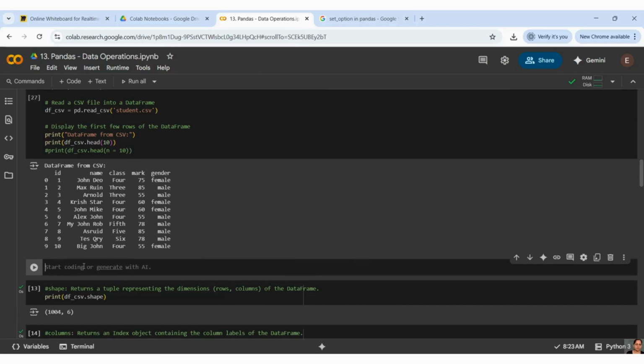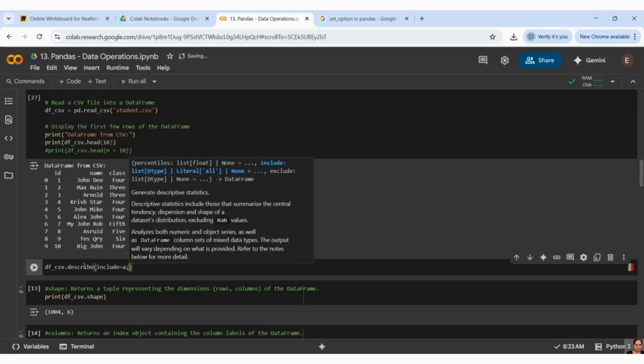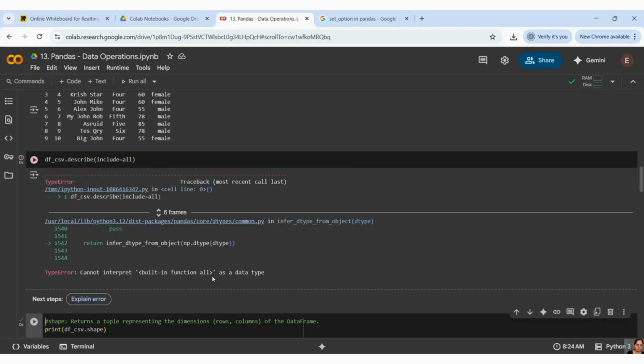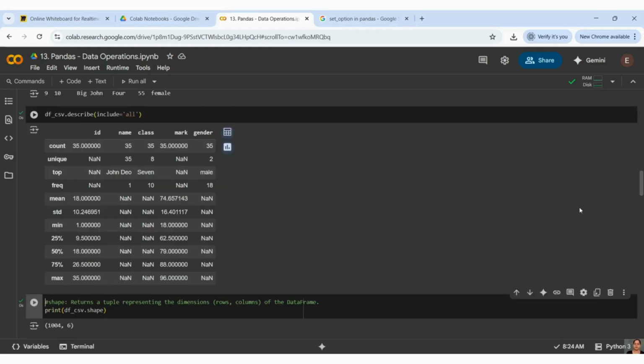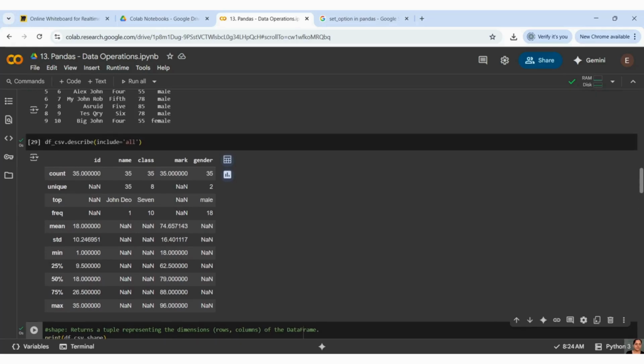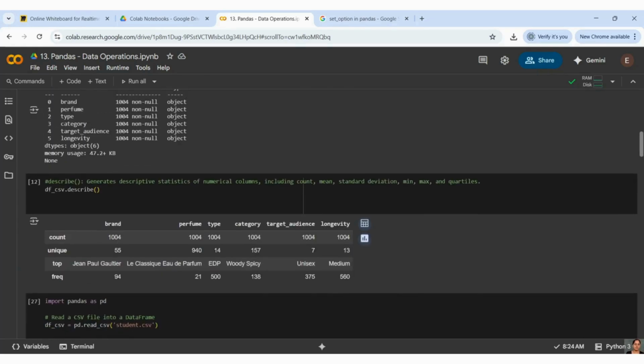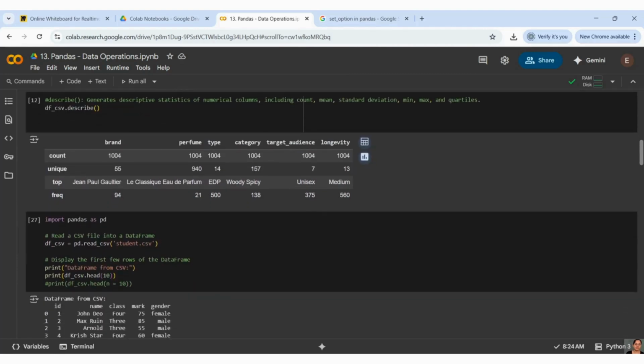Let me get another cell and let me write df_csv.describe, and I can just write include all. What it is giving me, you can see guys here on top side, we don't have anything, I mean, any numerical column, everything is object there.